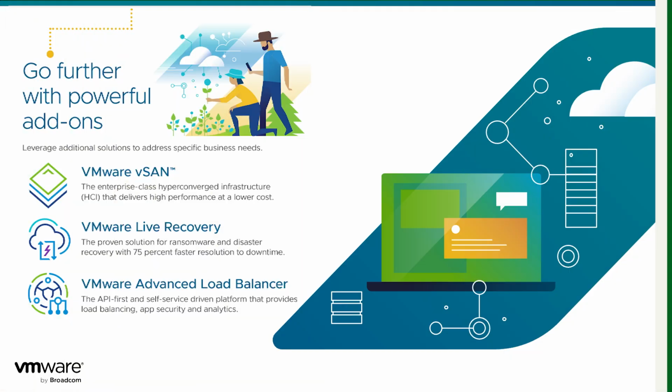And then the other one is in vSphere Foundation, we have a kind of a sprinkling of vSAN included that you can really try out. It's like a POC kind of thing. You can dip your toes into a hyperconverged infrastructure solution. You can actually add on vSAN on top of VVF very easily, and then basically go that route, right? So a lot of our customers are interested in having an HCI solution, and having an optimized HCI solution through vSphere Foundation plus vSAN makes a ton of sense for a lot of customers.